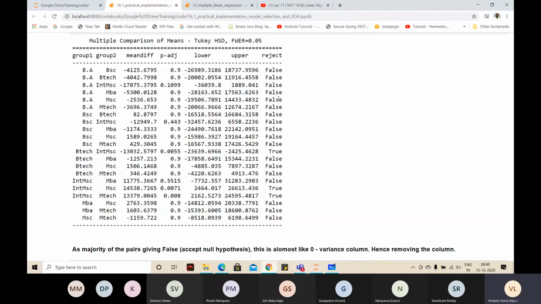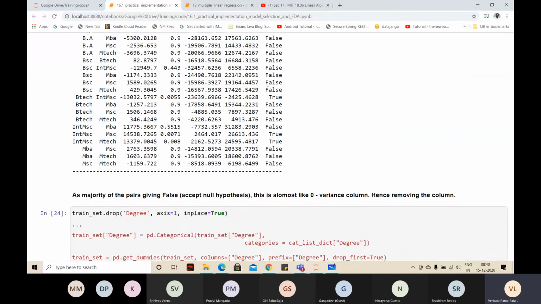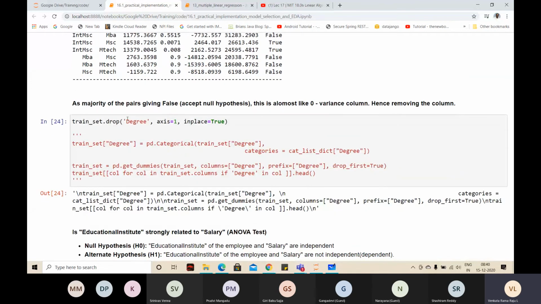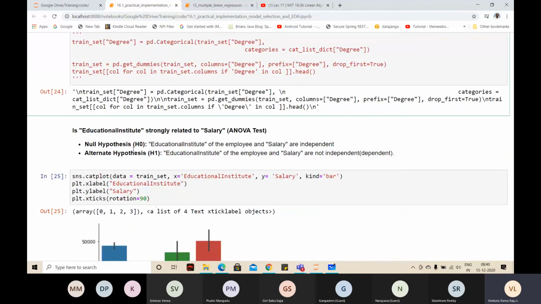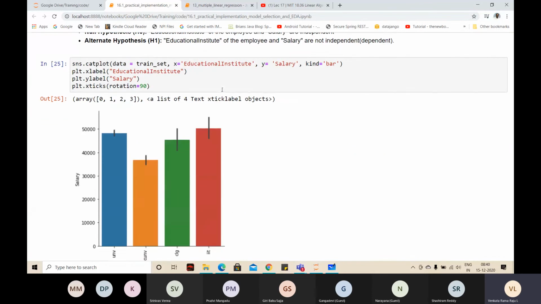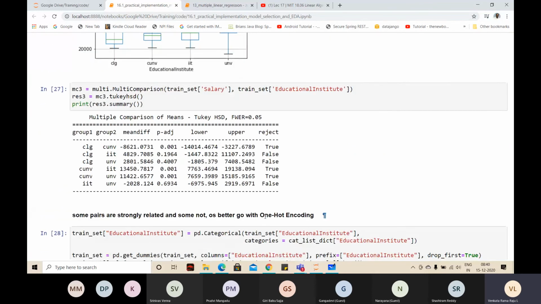We can remove this column basically. But I kept it, and I think I dropped it. See this, I dropped it. Okay, and then educational institution, here also, here and there. So we went into,